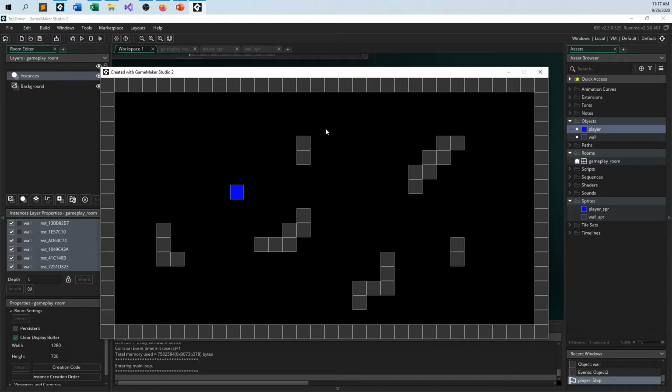So up, down, left, right. Finally, it's doing what I want it to do. But now the first thing maybe you notice, if I press any 2 keys at the same time, I'll go diagonally, but one thing you're not thinking of, you're actually going 40% faster, square root of 2,